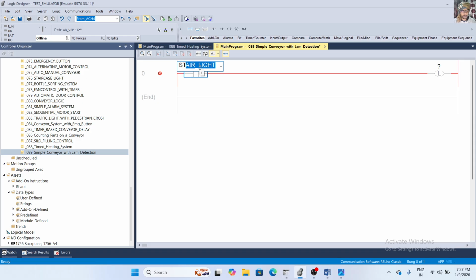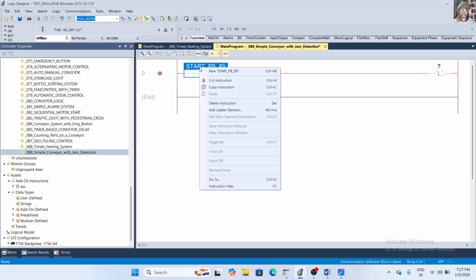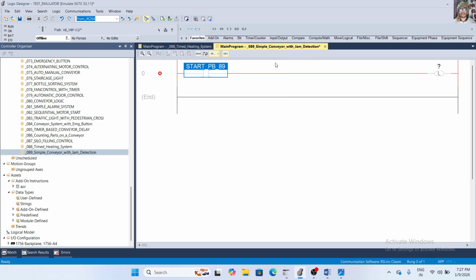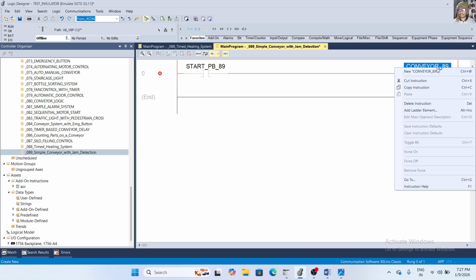The tag is Start PB 89, and the output is Conveyor 89. When you press the start push button, then Conveyor 89 will start.